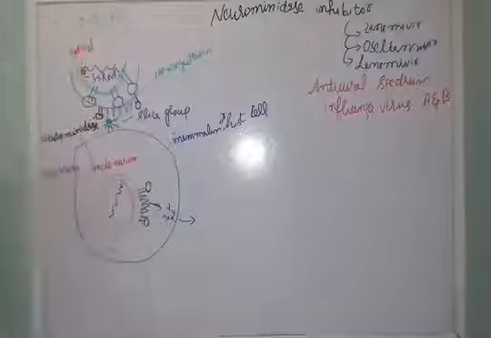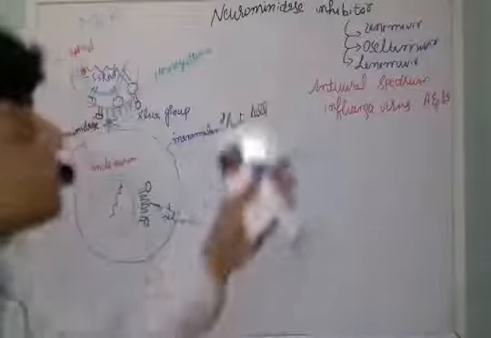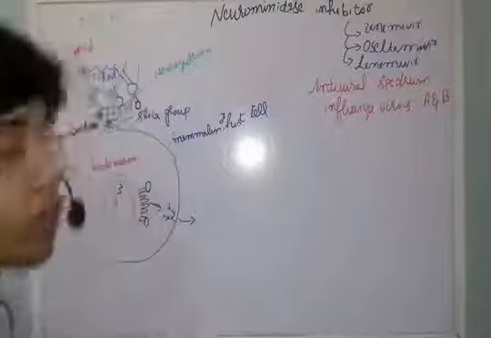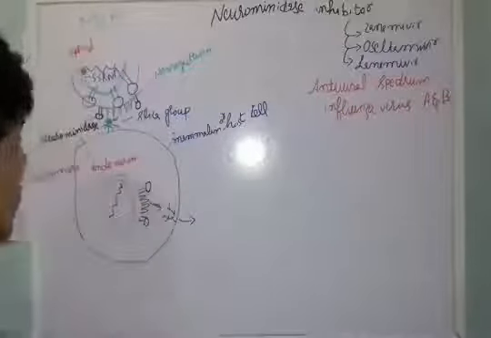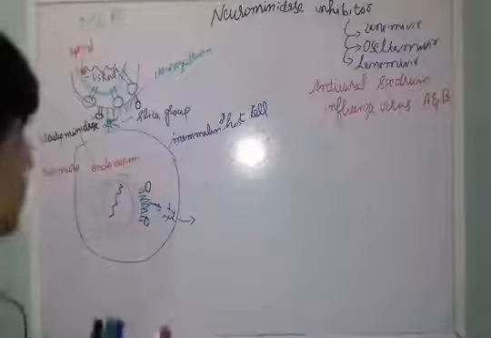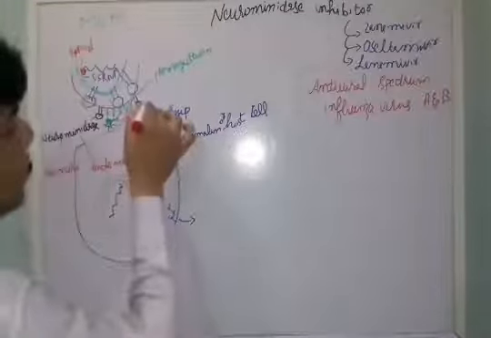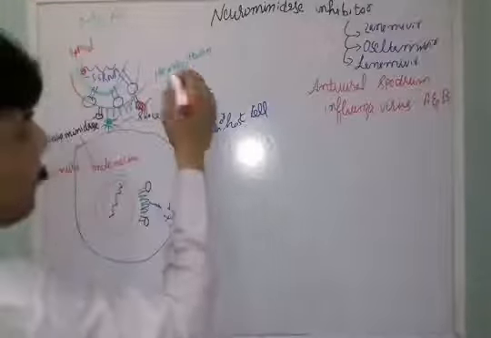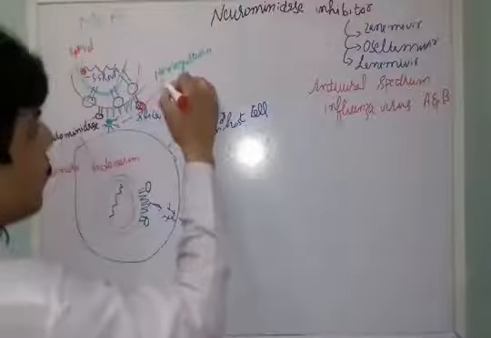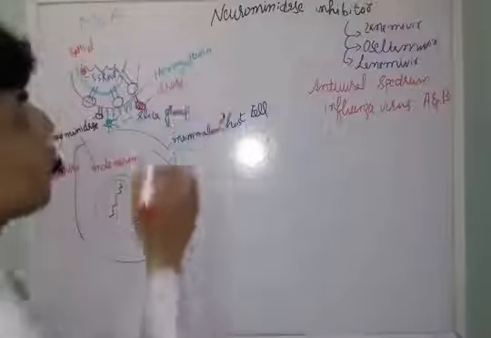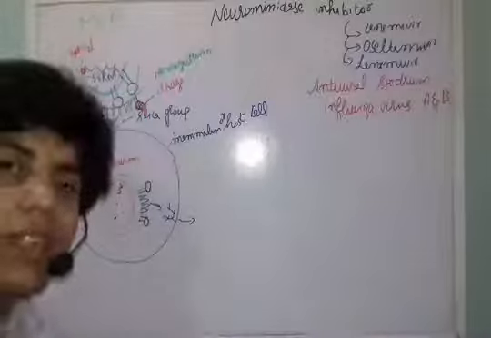Now what actually do the drugs do here? Means what is the function of these drugs, and what is the mode of action of these drugs? These drugs, let me draw here, will bind to that area. This red one represents the binding ability of the drugs. So this is the drug. So the drugs will bind here. So once the drugs bind here,